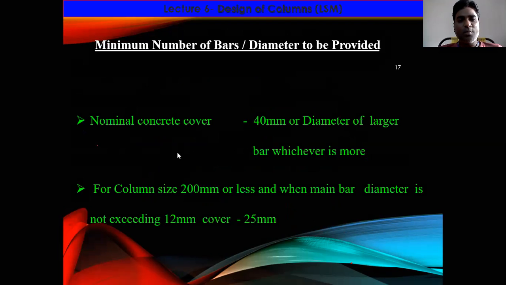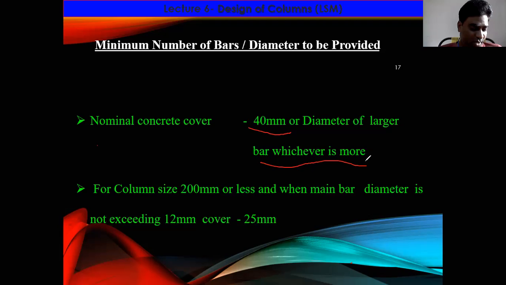This is for nominal cover for longitudinal reinforcement bars. That is, nominal cover is 40 mm or diameter of larger bar, whichever is more. The minimum cover you should provide is that clear cover, whatever we have discussed. That is 40 mm or diameter of the bar, whichever is greater, that should be provided as a cover for